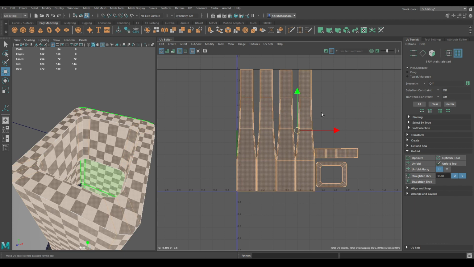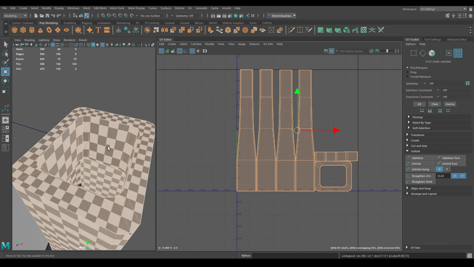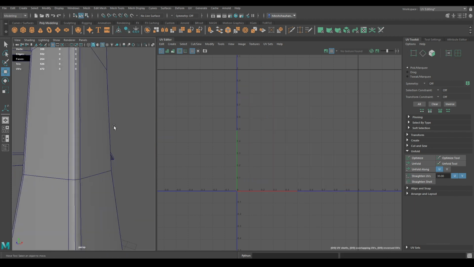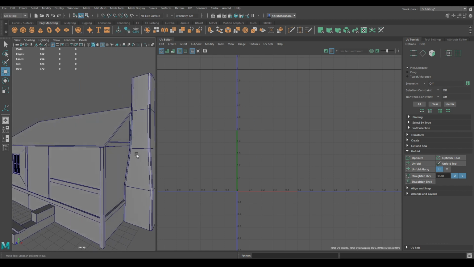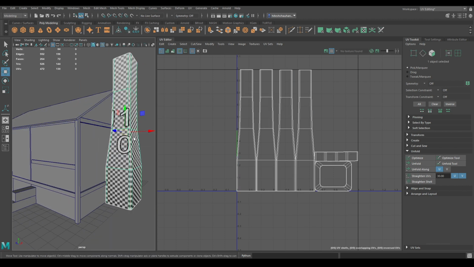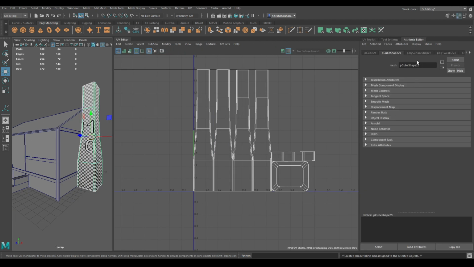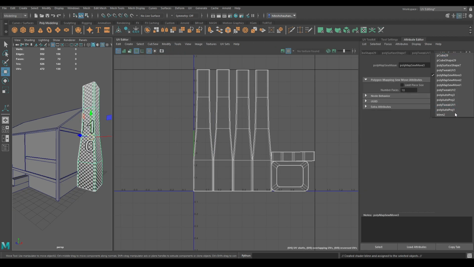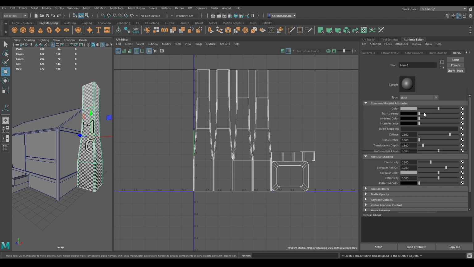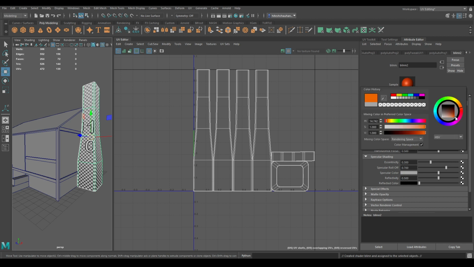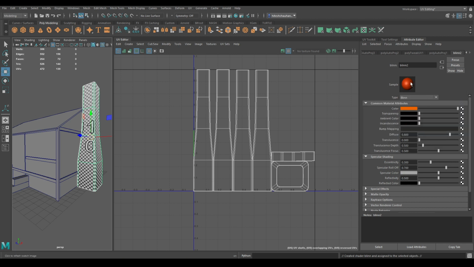Now select all the UV shells and layout. Assign a new material to this. Take a Blinn or Lambert. Add any color you want and rename it as chimney.